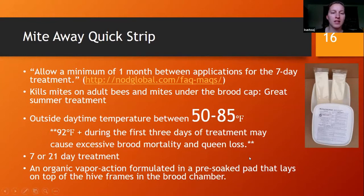Once again, outside daytime temperature between 50 and 85 degrees. Here I made the note, especially the 92-degree mark during the first 3 days of treatment may cause excessive brood mortality and queen loss, but try to keep their treatment window in that 50 to 85-degree range. And the difference here is the Mite Away Quick Strip is either 2 strips for 7 days, or it's 2 different treatments that take 21 days, and that's 1 strip at each time. And this is an organic vapor action